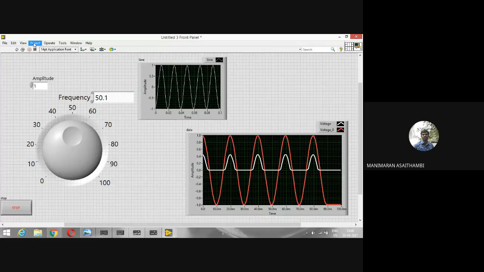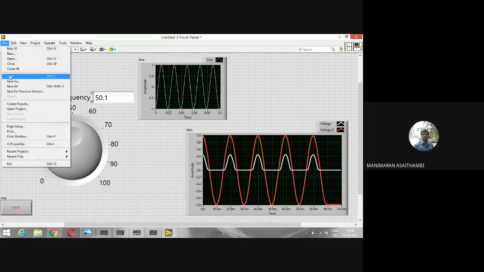I'll connect analog output as an analog input over here. I'll connect the ground lines to the ground line there. I'll save them